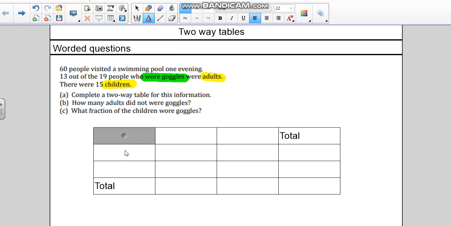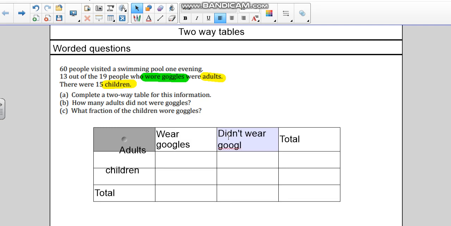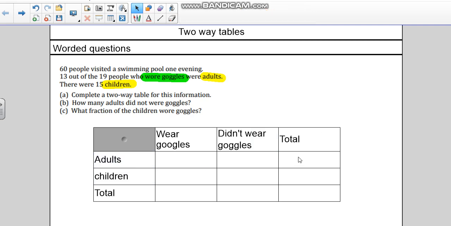Let's fill this in. We said this was going to be adults, and this one is going to be children. Then we've got wear goggles, and didn't wear goggles. We'll get the adults and the children in their correct boxes. As we said, at the end we've got the total. This will be the total number of adults, the total number of children, the total that wear goggles, the total that didn't wear goggles,